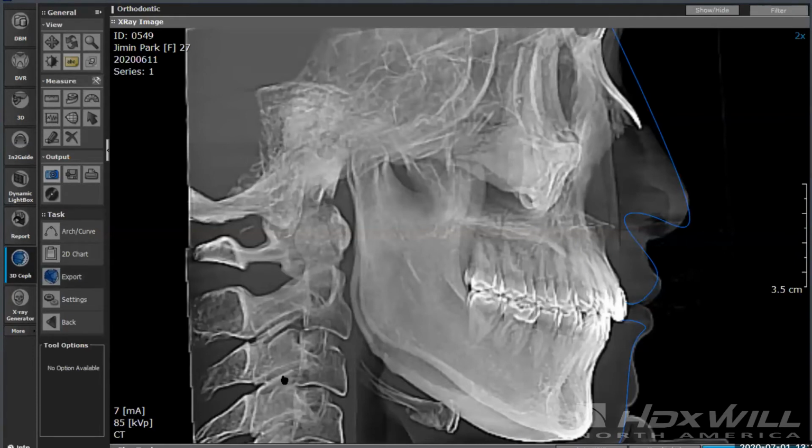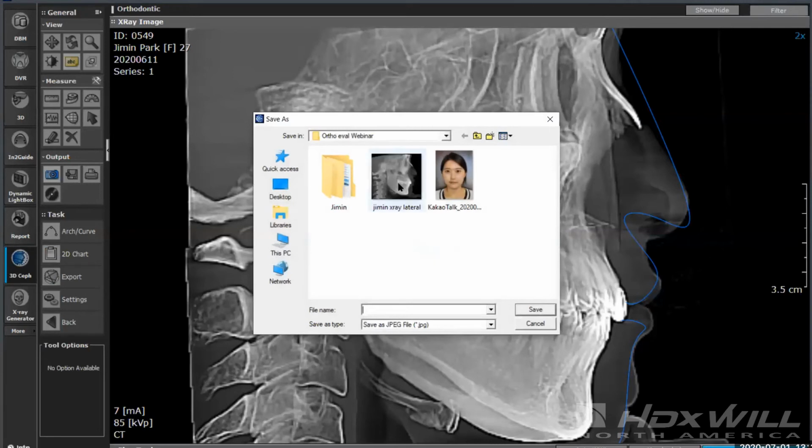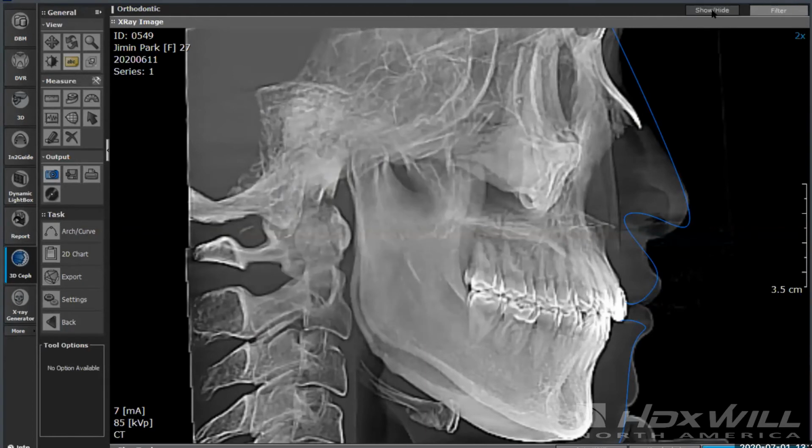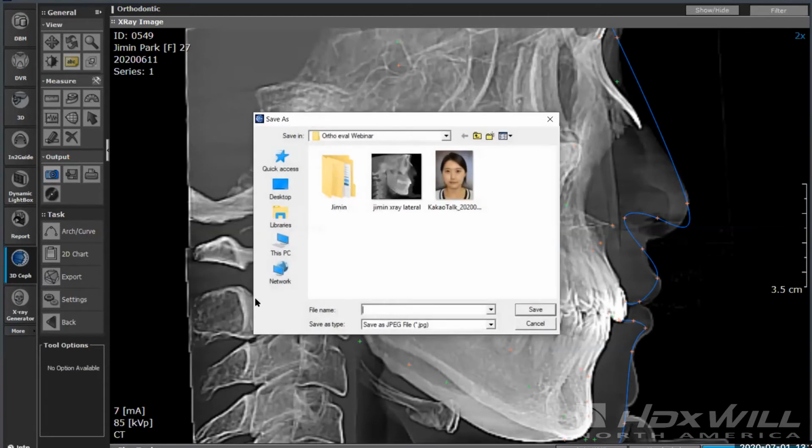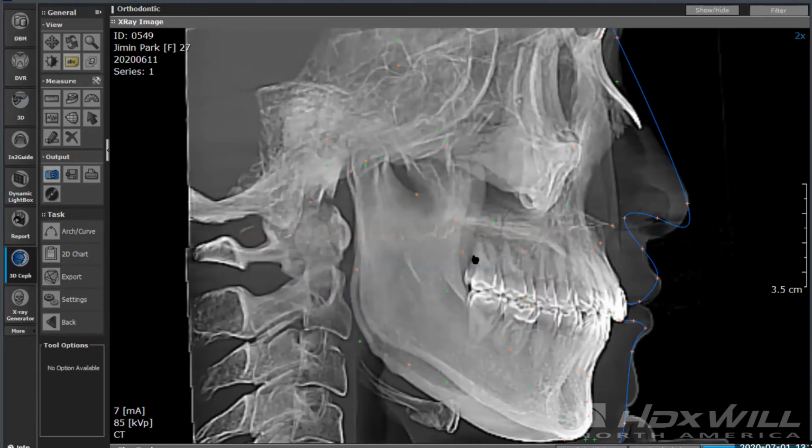And then again, you can export those images. You can clip them. So in this case, when you export here, I've put a file name down of these right here. Actually, I'm going to cancel this for a second. I'm going to show the landmarks. And then when I export, I'll export it as Xray in this case. And when I save it, not only does it save the image, but it will also save,